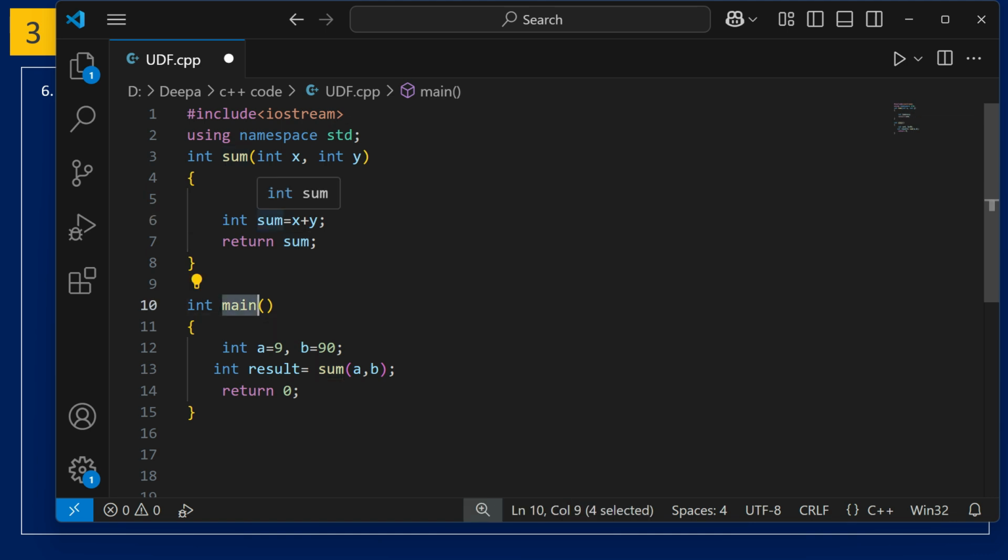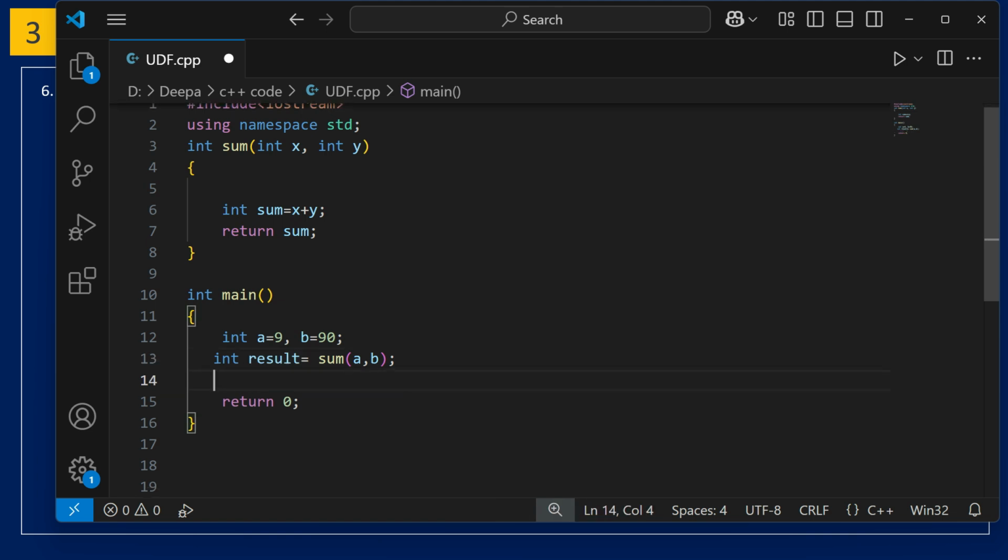When this statement gets executed, it goes to the sum function, calculates the value of x plus y and returns the result. This is the return type integer which we have written in front of sum. It returns the value of sum to the calling function and the value gets stored in the result variable. And we can print over here